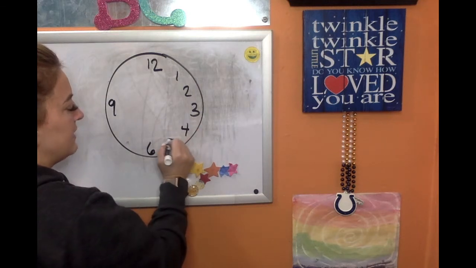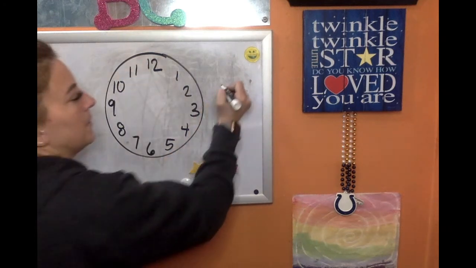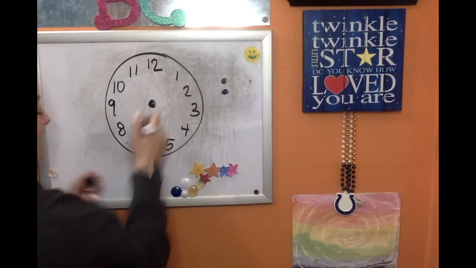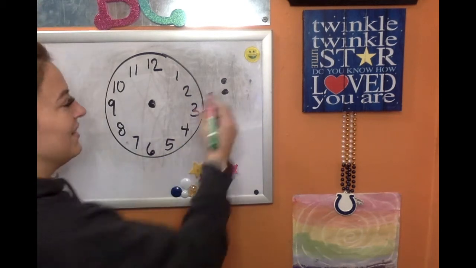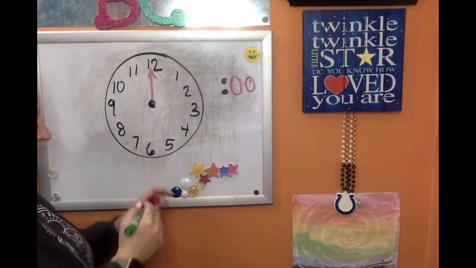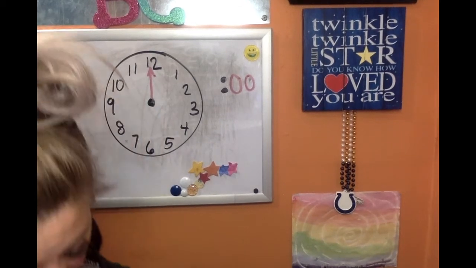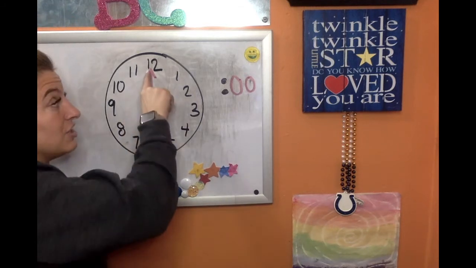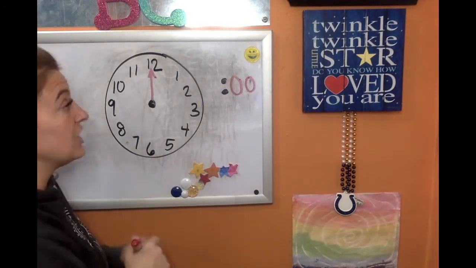Okay. The minute hand, if it is touching the 12, it says a funny word. What's that funny word? O'clock. That's right. And how do we write o'clock? 0, 0. Good. Okay, we need to see what, this is going to be a little different. Okay, so if it's touching the 12, it says o'clock. But if it is touching the